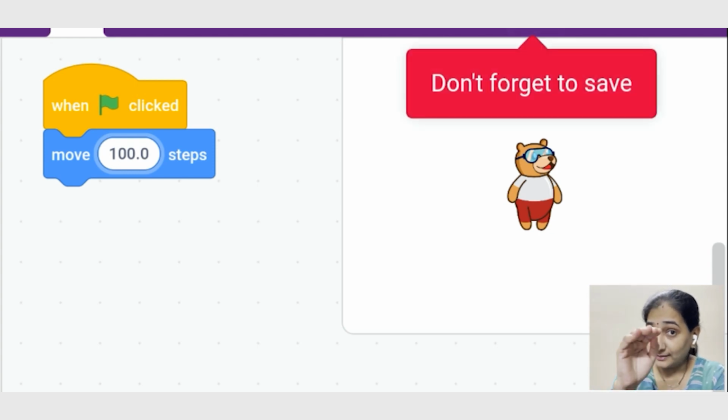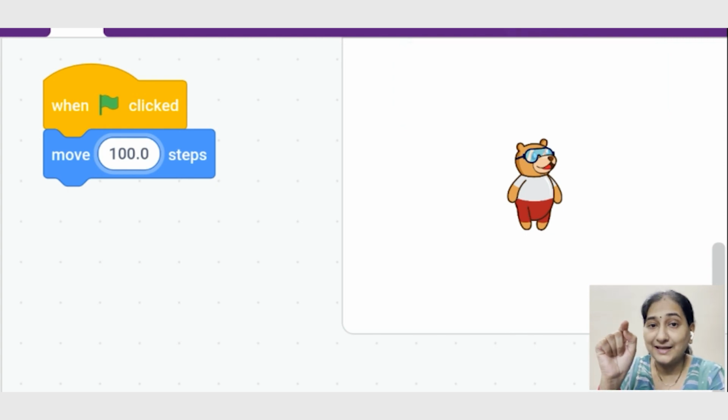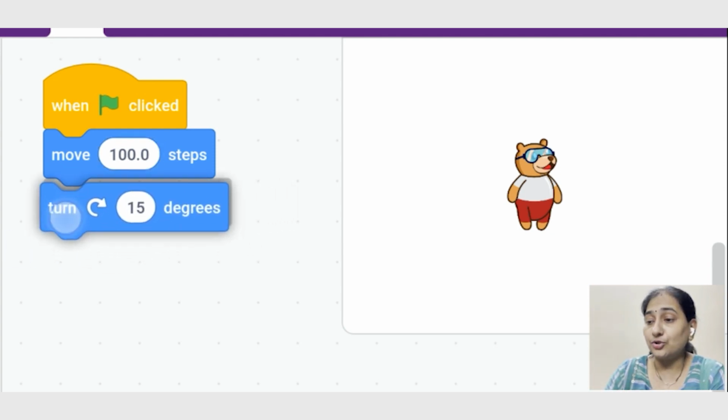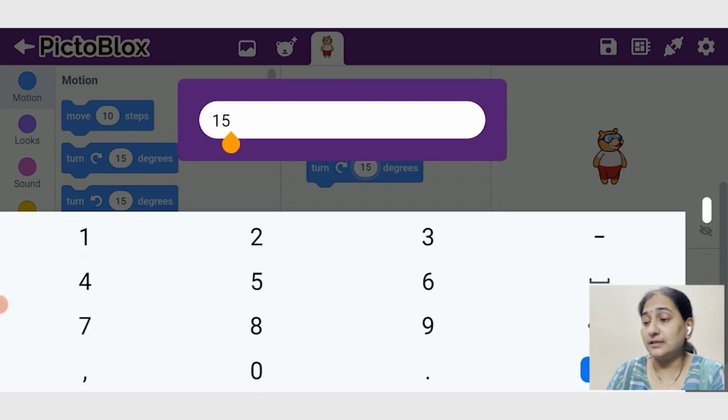We are drawing a square, right? So square means when you are asking Toby to move 100 steps, it has to move down also with an angle. And what is that angle? When we have something like this, what is the angle in between? It's a right angle, right? Anything that you see in this angular fashion is a right angle. So in order to mention that it is a right angle, it indeed tells us that Toby has to take a turn, right? So let us give Toby a turn such that it gives a right angle, which is 90 degrees,